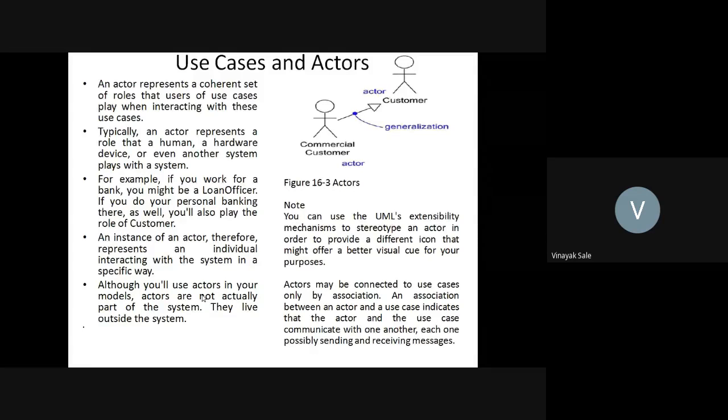So although you will use actors in your models, actors are not actually part of the system. They live outside the system. So see in this figure, this is the commercial customer